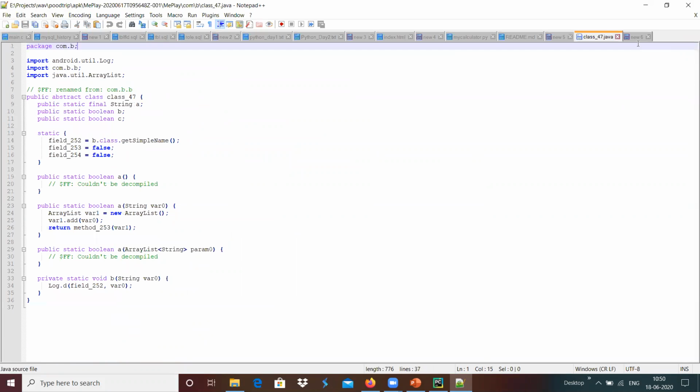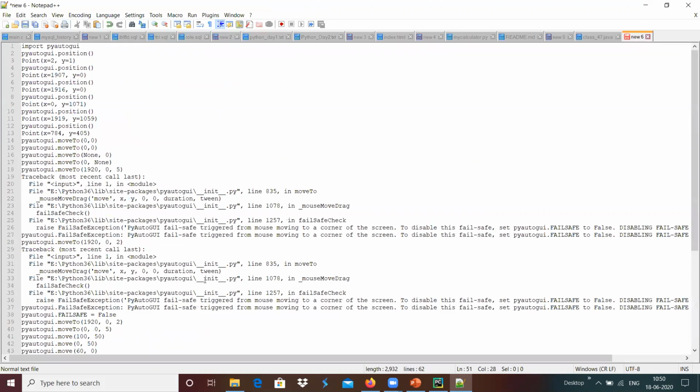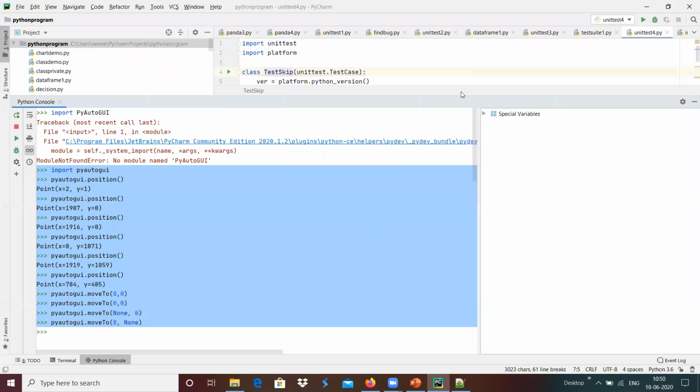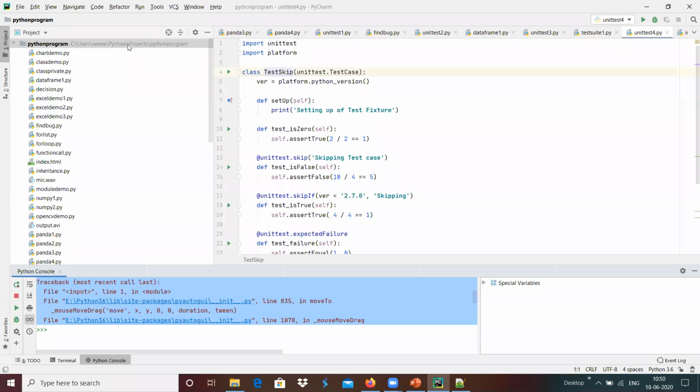This is the option we have with PyAutoGUI, and maybe we can write a small application to do automated testing, which we will see over here.